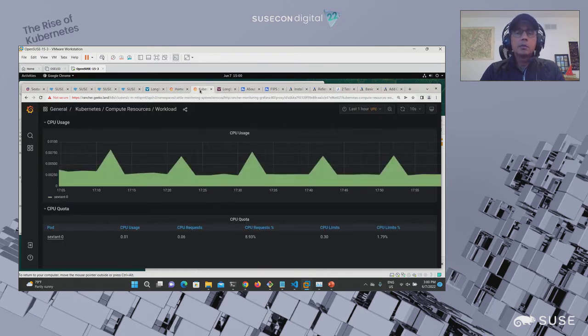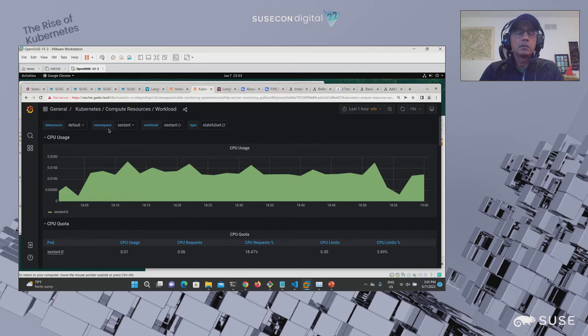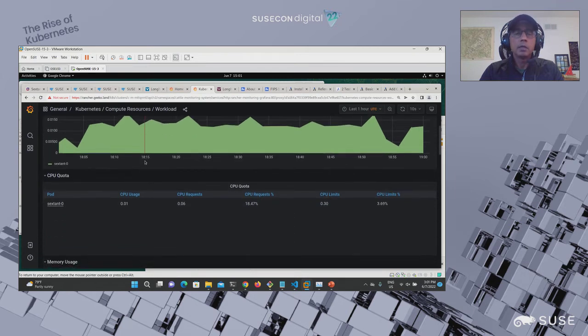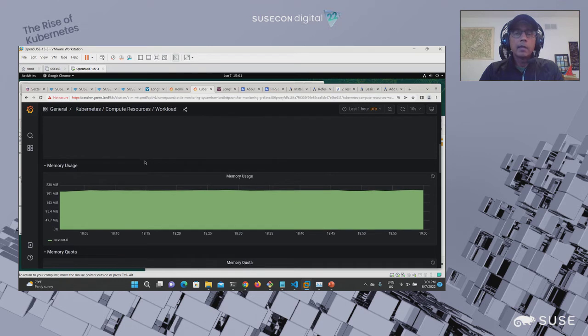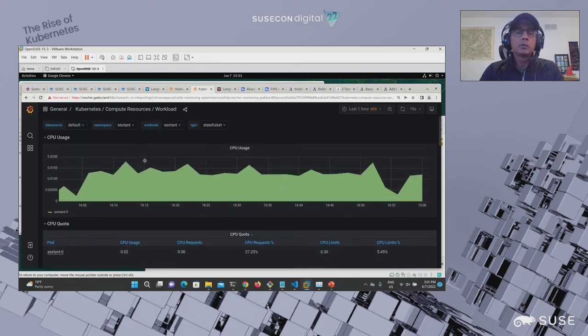The second dashboard is a view of the resources that the application, or the service that Sextant is running, itself uses. As I mentioned, Sextant is deployed as a Kubernetes stateful set, and we contained it into a namespace. So now we can look at all the resources being used in that namespace, and you can create alerting and everything directly. So this is all out of the box. With Rancher, I just had to pick which resources I want to take a look at.